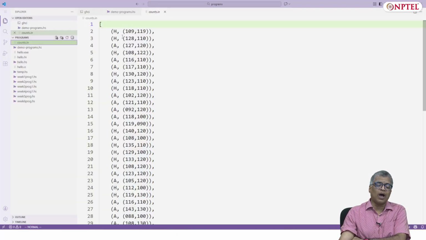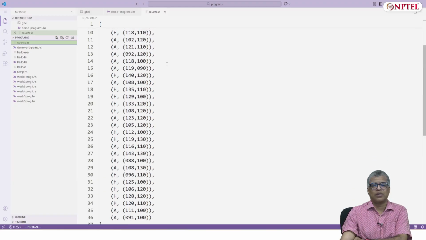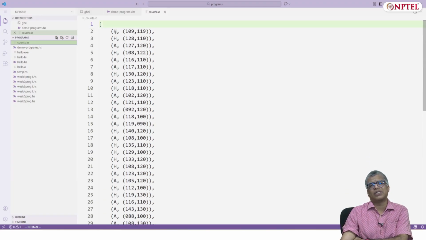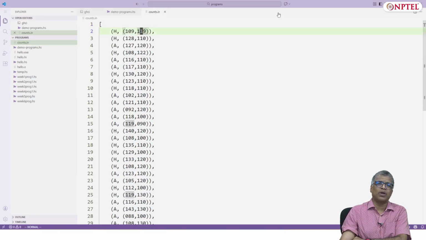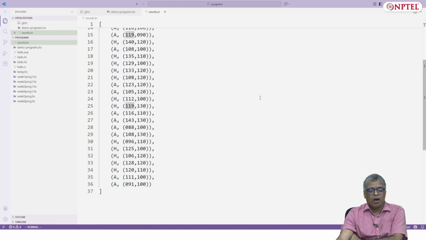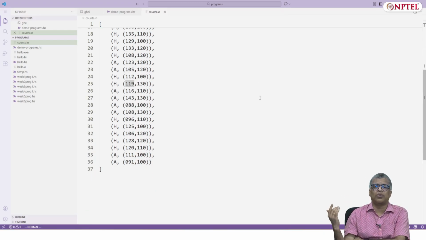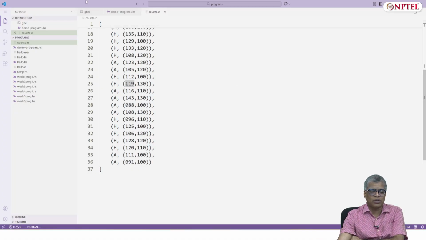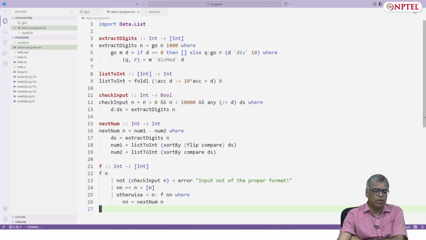So I have a collection of game scores, let us say. So it's a very rudimentary game score. It just says, for my particular team, whether it's a home game for them or an away game, and what is the point scored by my team, what is the point scored by the opponent team. Okay, what is it that I want to do at the end of all this? I want somebody to be able to read all this and say, how many total home wins do I have? What is my home win-loss record? What is my away win-loss record? Okay, so this is the kind of thing that I want to do.